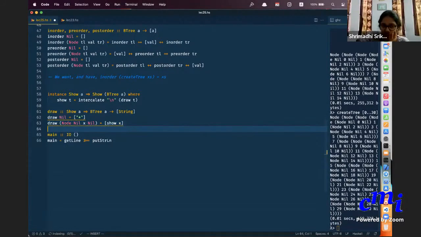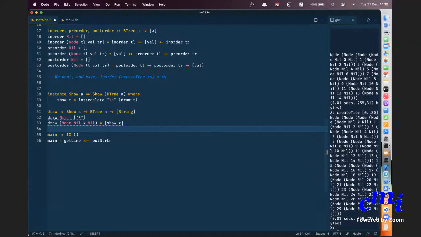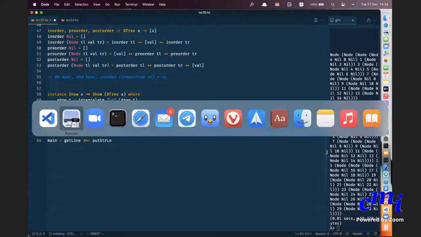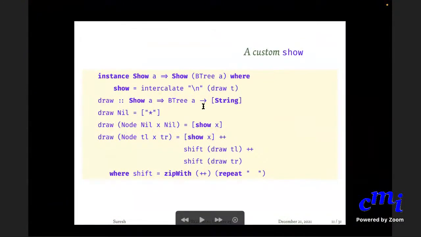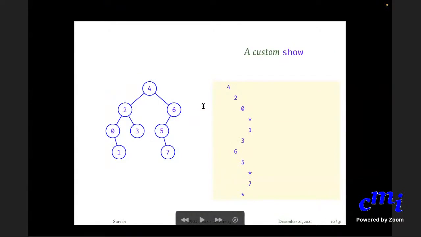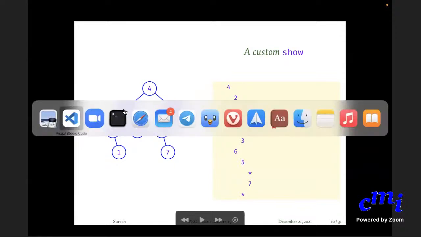Just a doubt. Draw is giving you everything in one level, is it? No, not everything in one level. Draw will give you each line separately. See, each of these lines separately is what draw will give you. So what is draw really? Draw is really telling you how much to indent. That's all. For every node, draw will write the value in that node with some indentation. We'll see how to figure out that indentation in a second.